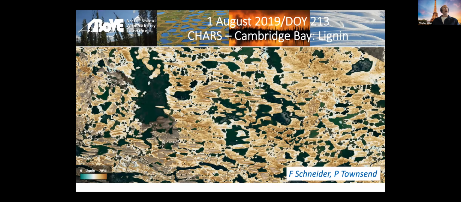This is near Cambridge Bay at the CHARS facility, and this shows you that not only can we image the inland waters, but we can use the information from AVIRIS to obtain and retrieve information on the vegetation. So there was some discussion on day one, particularly about lignin content in the runoff. And here you can see we can map out the actual lignin content of the vegetated surface. And this could be done anywhere that we have the AVIRIS data acquired over land. Next, please, Peter.